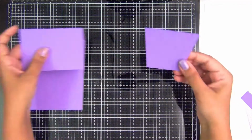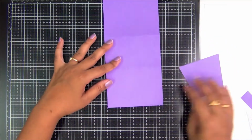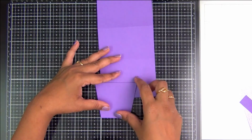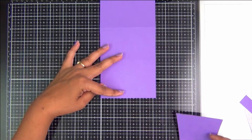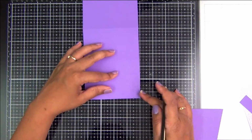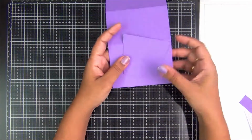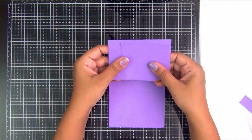So the width at the base of this flower pot measures 2¼ inches. So I will be marking 1 inch on either side of the card base so that I can place this flower pot exactly in the middle of the card. However, you can just entirely eyeball it, but I'm very particular with measurements, so I like everything being perfectly placed. So I'm marking 1 inch on either side, and so my flower pot is now perfectly placed in